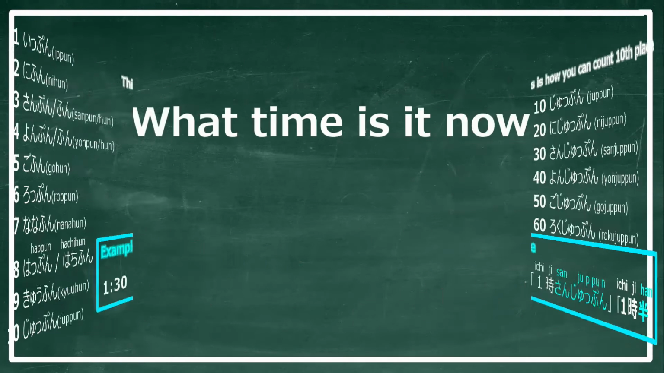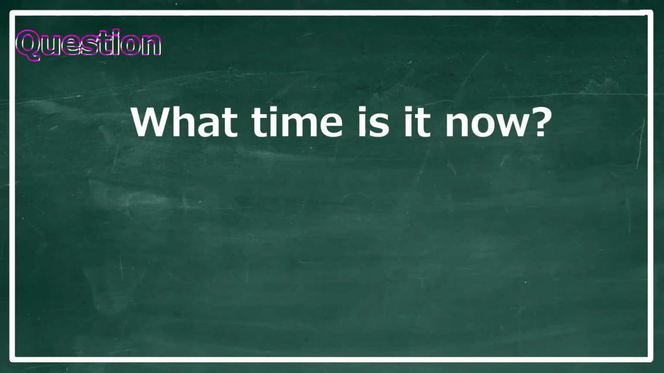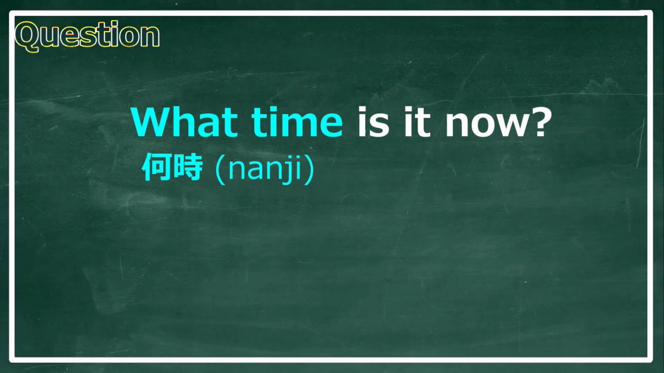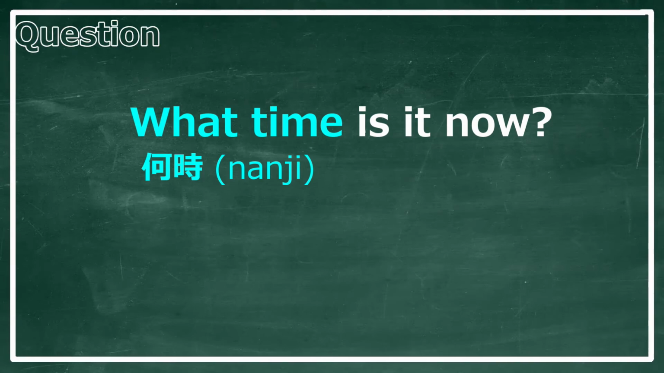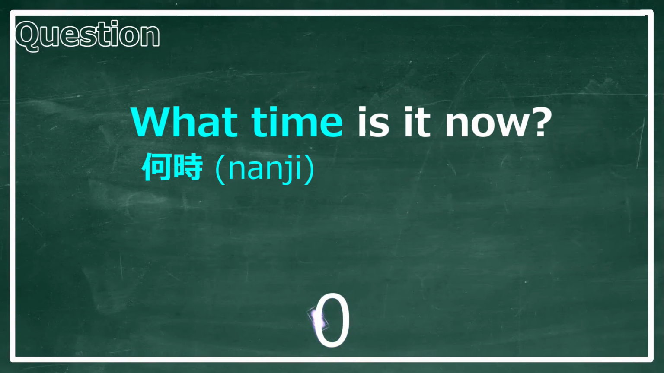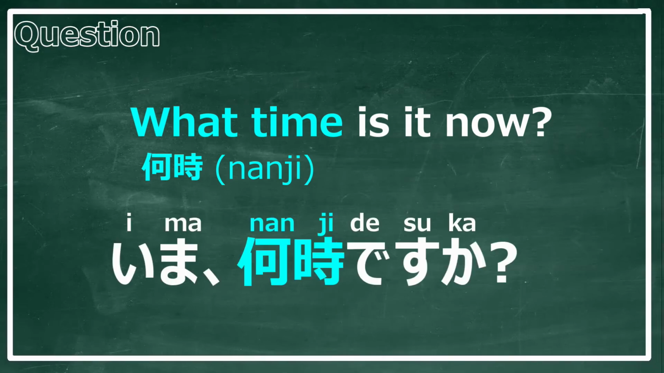Okay, let's move on. What time is it now? What is "what time" in Japanese? 何時. I would like you to guess how you would say "what time is it now" in Japanese. 答えは The answer is 今何時ですか